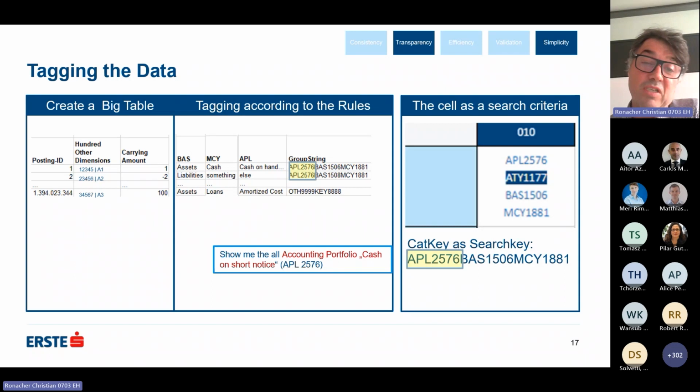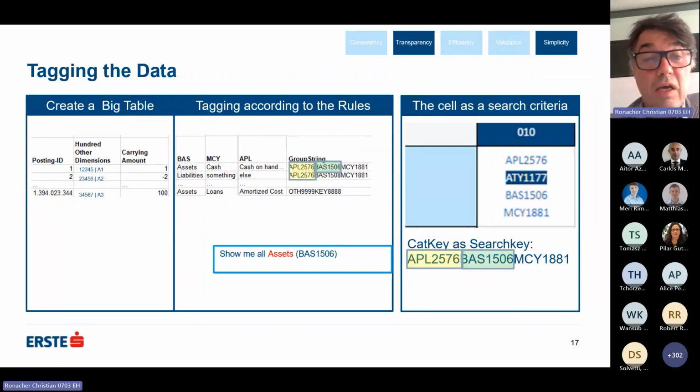So whenever there comes an accounting portfolio 2576, then you get a result. If you go for a base 156, which are assets, show me all assets, then you get just all assets. If you query both, you get just those which have a similar pattern, let's say it like this.